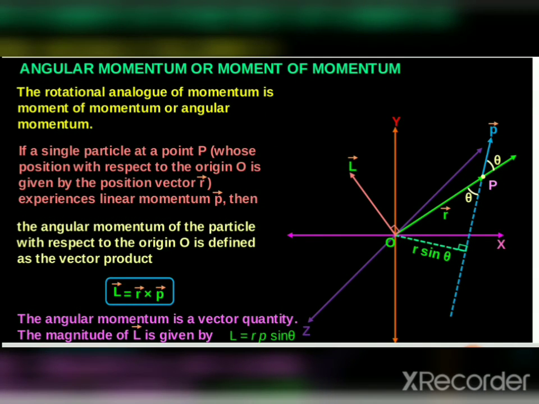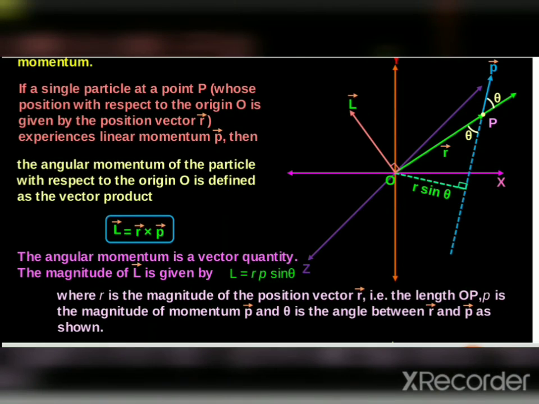Angular momentum, the moment of momentum. So what is the moment of momentum? The statement itself is very complicated. Rotation is a simpler thing, but it can be a translation also, or purely rotational. So moment and momentum is a tricky thing, because it is a moment of a momentum, or a regular momentum.